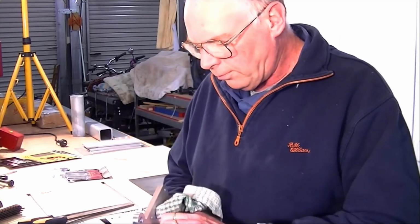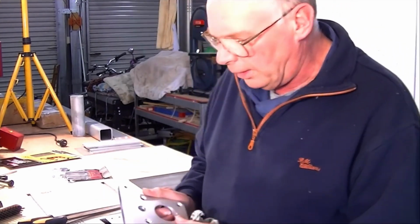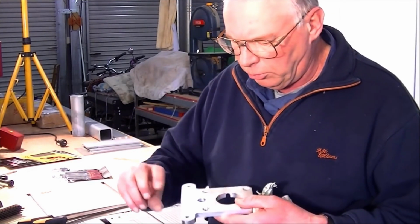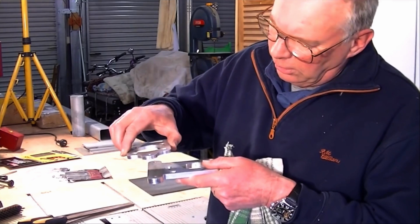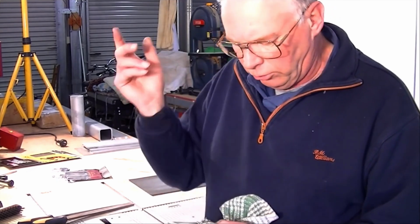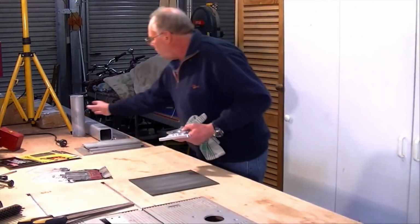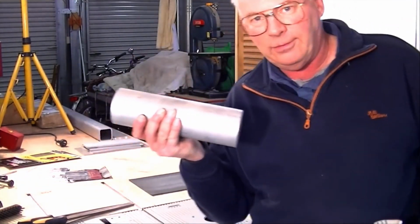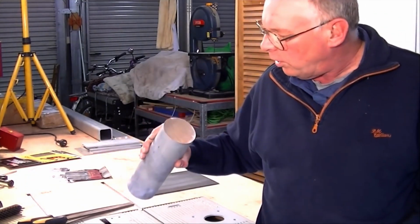So there you go. I suppose the next job now is, well, I think what I'll do is turn up the two risers here that I want to put here, because you have to step this out like this. I've got some 1" or 25mm bar stock that I can do that out of quickly, but I've got some 90mm bar stock. That's quite expensive stuff actually, bought here in Australia. So I'm going to